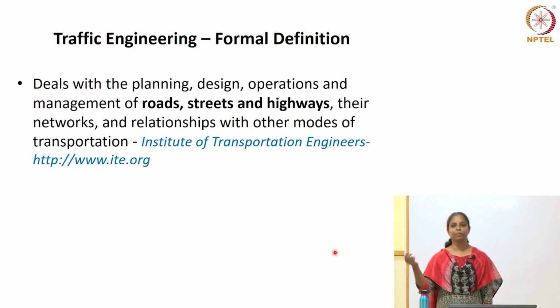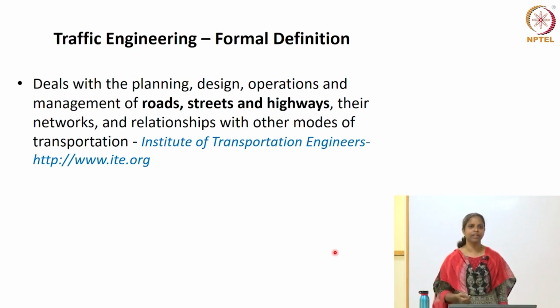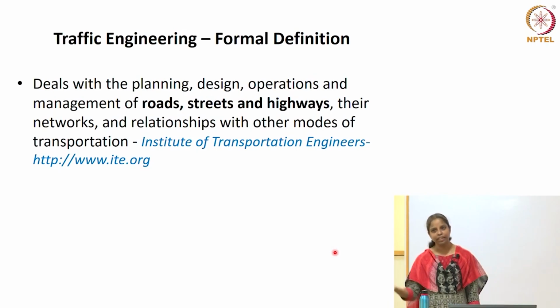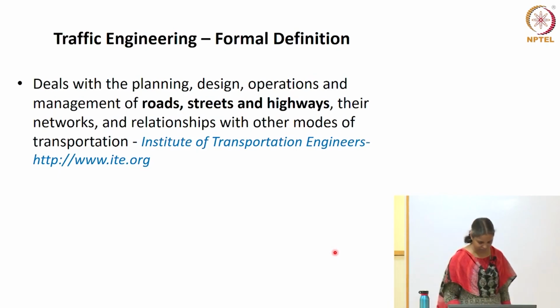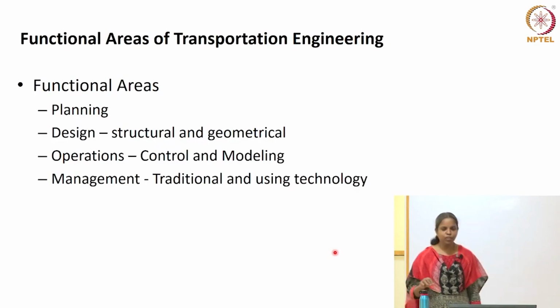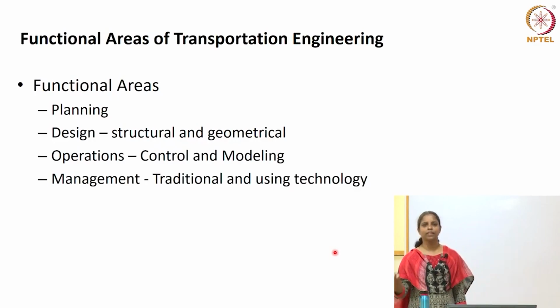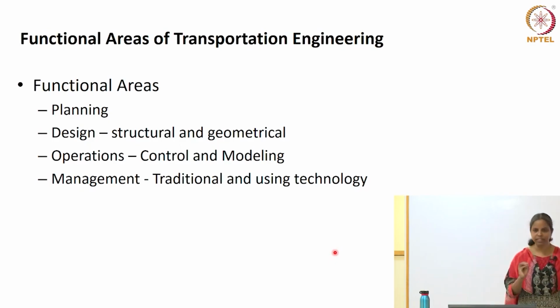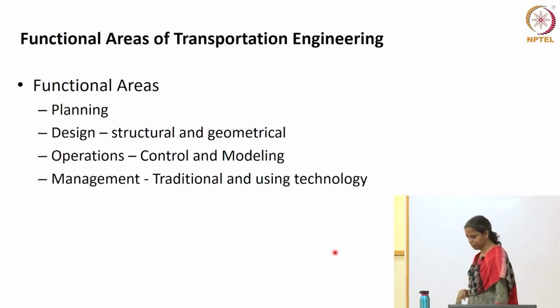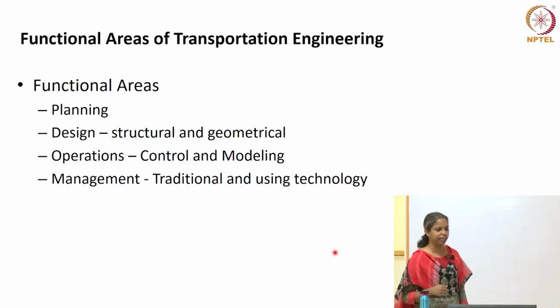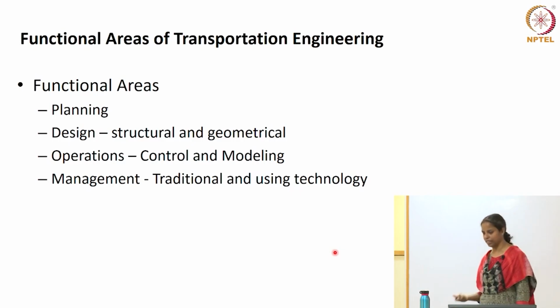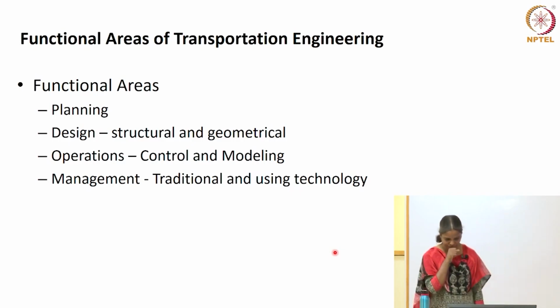Each of these is a separate course eventually. You have 2 undergrad level transportation courses which will cover all these in a very brief way. Then there are separate courses for each of these which will cover the complete details. So what's planning, what's design, what is operations and what's management? Design is what you heard a little bit already from the other lectures, I believe, which talked about how you design the pavement, for example. If there is a traffic norm, how do you design the roadway?